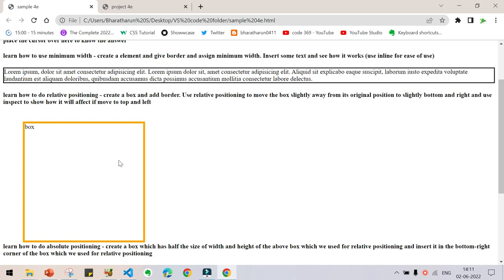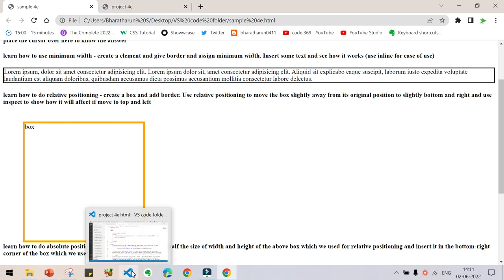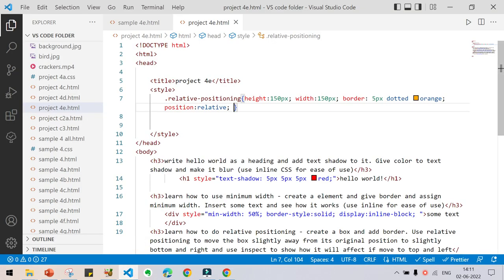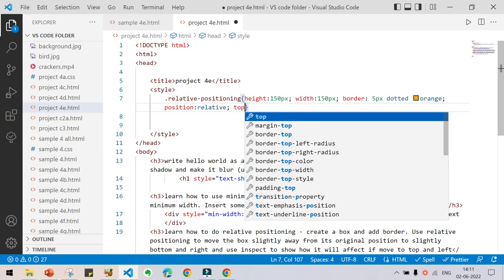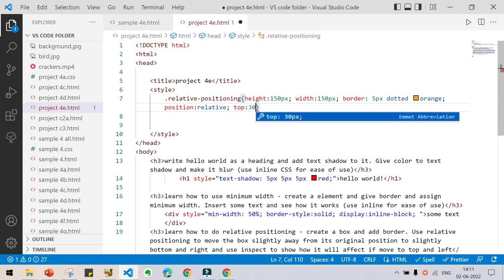From the left side the box has moved to the right, and from the top side the box has moved down. So how to write it as code? Just give top as some pixel, 30 pixel or 50 pixel, anything, 50 pixel, and give semicolon,